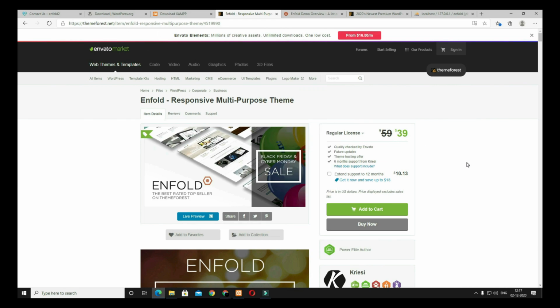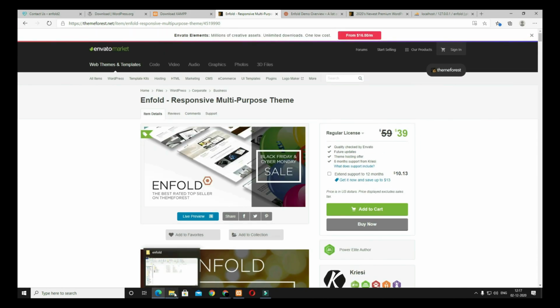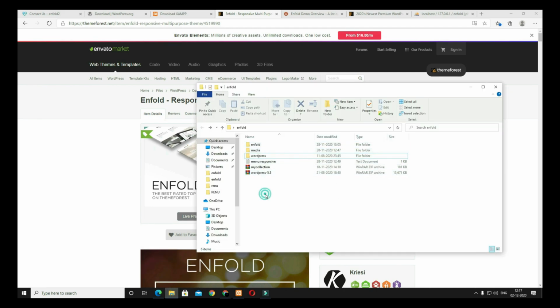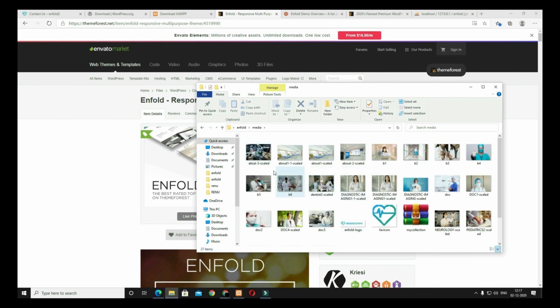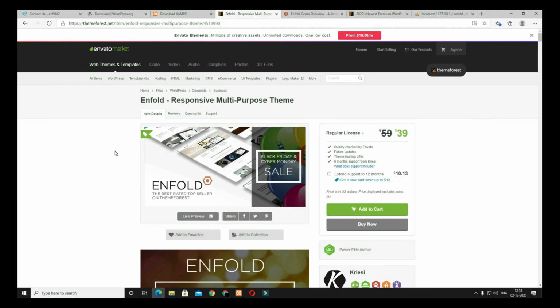And by the way, if you want to use this theme only for practice purposes, just scroll down in my video description, there will be a Google Drive link. Just click on that and you will get all of them. That is the theme file, that is the media file, meaning all the images I am going to use in this website, and that is the WordPress file. Before watching this tutorial, I suggest you download them all, because without these files it is very difficult to practice this tutorial.